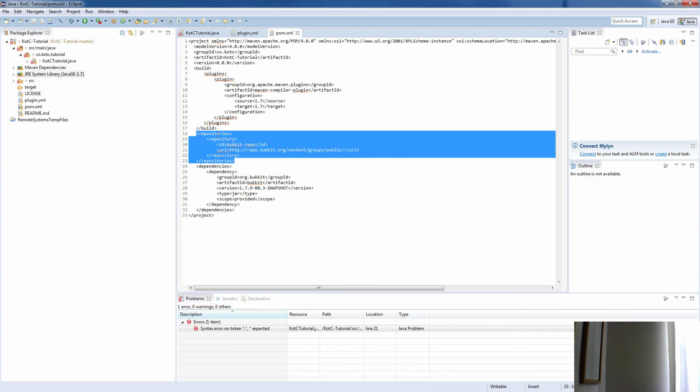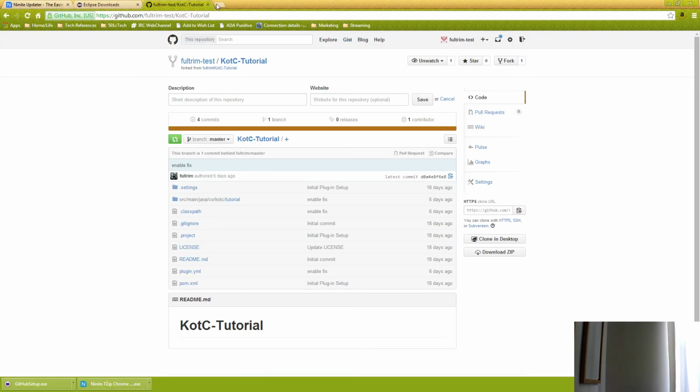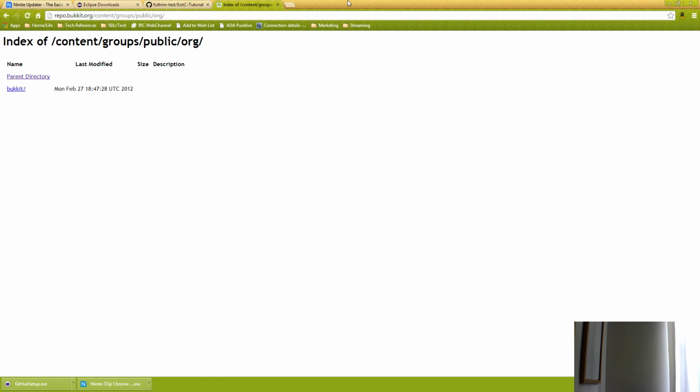It's really just a name. The URL is actually the most important part of it. The URL of the repo, bucket or content groups public, gives us, if we actually went into a folder, whoops, I just don't want to move stuff. If we actually went to this website, which we did in our tutorial, you'll be able to see all the different ones that exist for this. A repo is a repository. You've already heard that for GitHub. A repository is nothing more than a location. So then it's like, what do I look for? Well, that's where we typed in